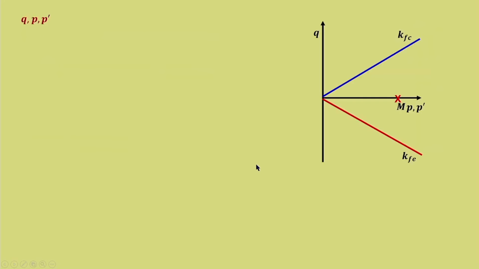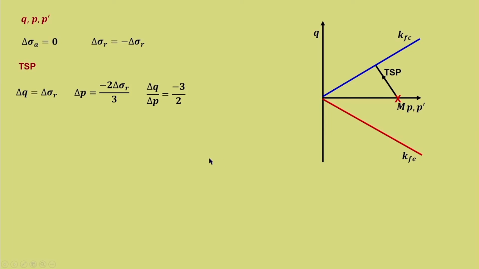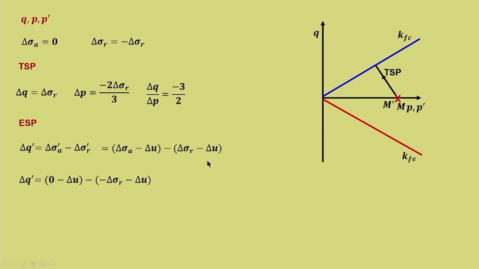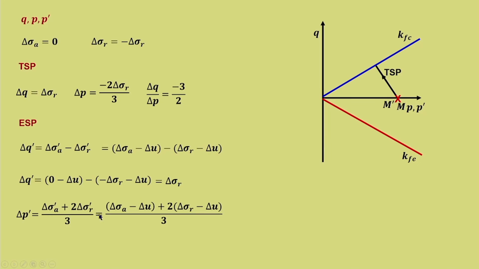So, similarly with Q P', we will quickly glance through, all the steps remain the same. So, TSP is delta Q equal to delta sigma R. So, we have delta P is equal to minus 2 delta sigma R by 3. So, that gives the slope of minus 3 by 2 for the total stress path, and the effective stress path starts the same. Again the same procedure, we get delta Q' is equal to delta sigma R, and delta P' is equal to delta sigma A' plus 2 delta sigma R' by 3,